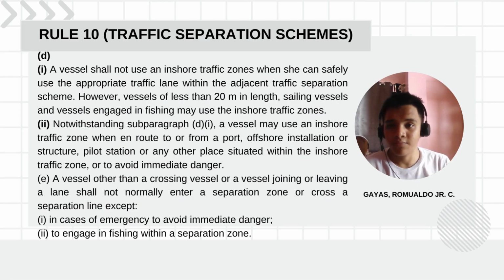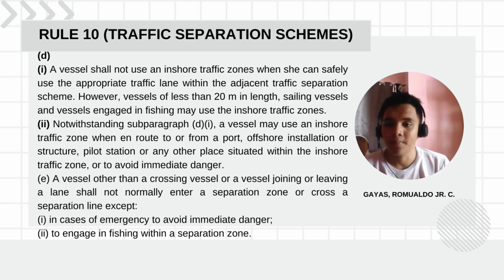So D and its subparagraph said that a vessel shall not use inshore traffic zones when she can safely use the appropriate traffic lane within the adjacent traffic separation scheme. However, vessels of less than 20 meters in length, sailing vessels, and vessels engaged in fishing may use the inshore traffic zones. Subparagraph 2D, notwithstanding subparagraph D1, a vessel may use an inshore traffic zone when en route to or from port, offshore installation or structure, pilot station or any other place situated within the inshore traffic zone or to